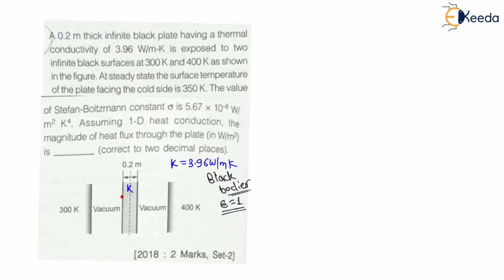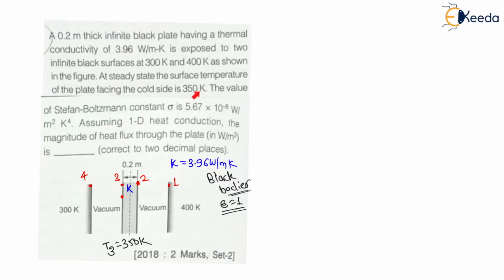Let us say here I will give the names of plates. Let us say here this will be the plate at highest temperature, plate number 1. Let us say this is the another side of the black plate. Here this is the third side, and this is the fourth plate. These are the four plates, right? Therefore, we can say T1 is equal to 400 Kelvin, T4 is equal to 300 Kelvin, and T3 is given, right? So, my dear students, here value of T3 is given. We can say T3, temperature of third plate, is 350 Kelvin.